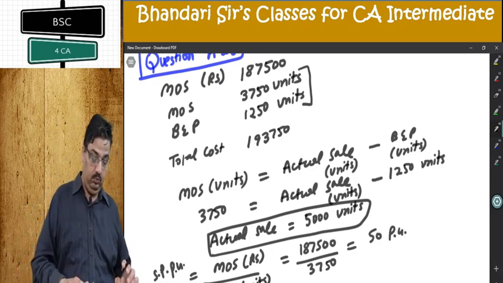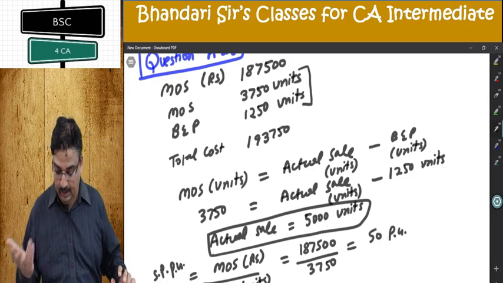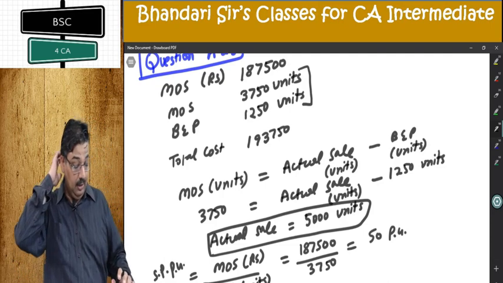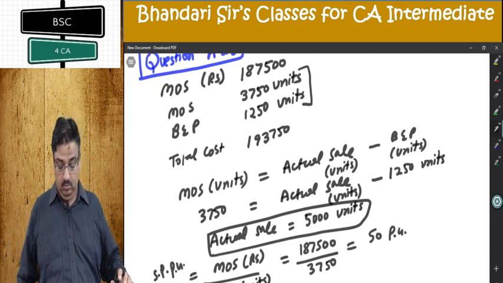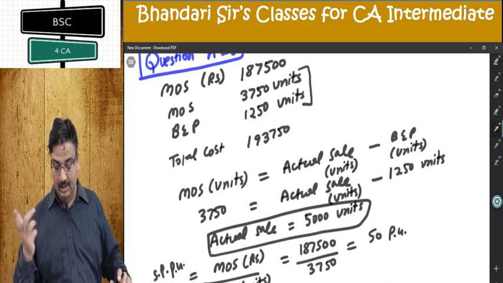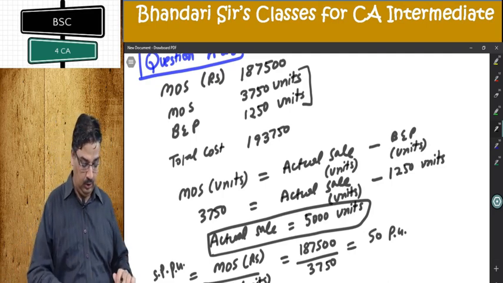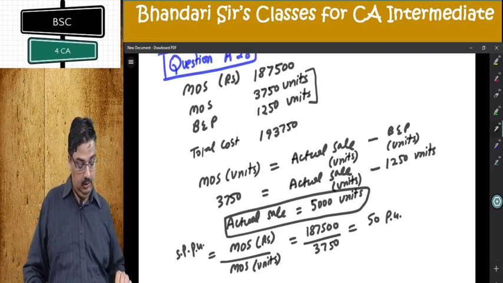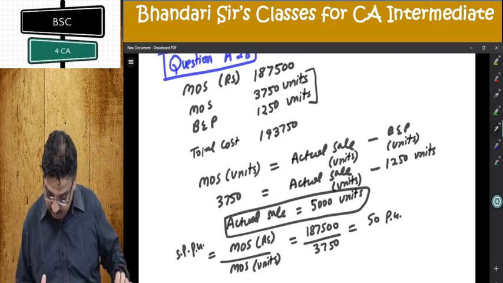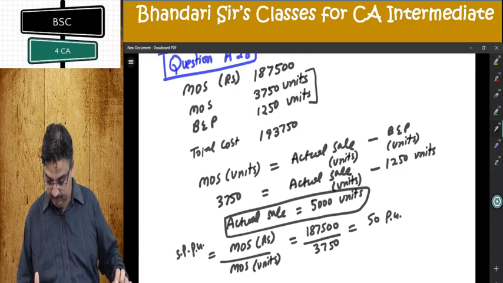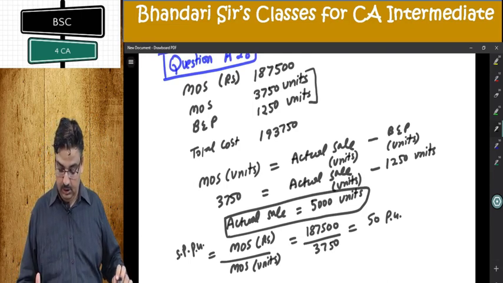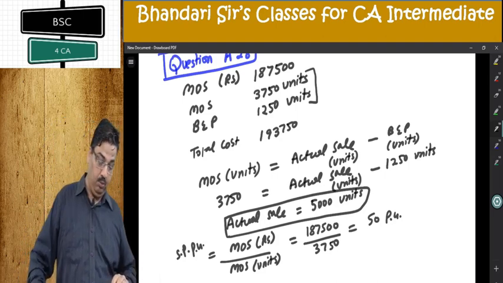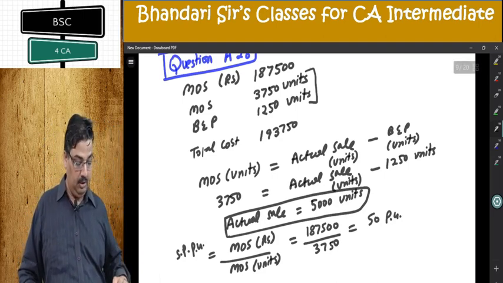Now, I need to get more information there. Somehow, I need to get PV ratio or things like that. Let us focus here. Break-even point formula cannot be applied because contribution and PV ratio are missing. Fixed cost cannot be computed. Actual sale in rupees can be computed. Break-even sale can be computed.